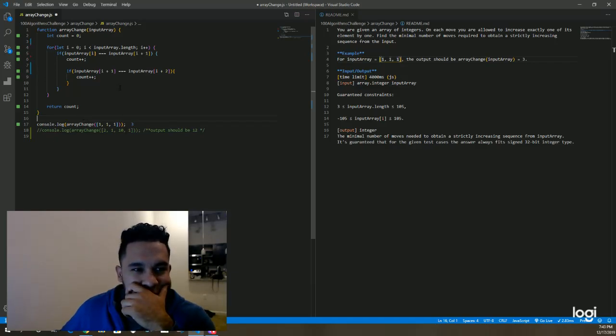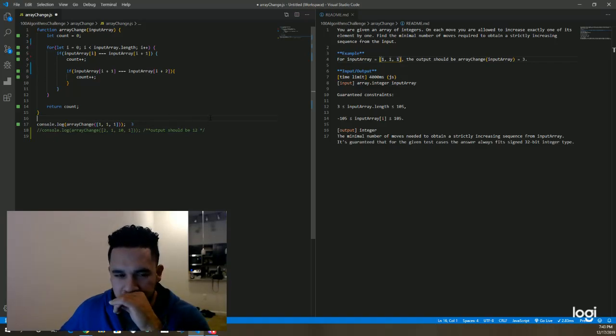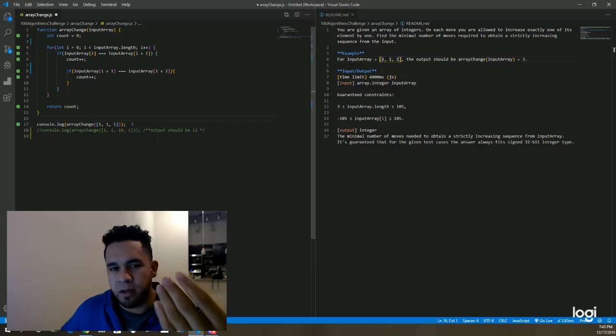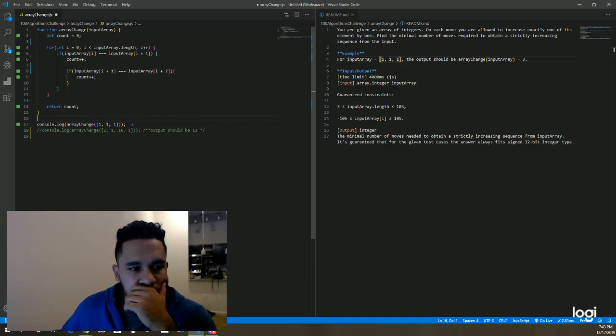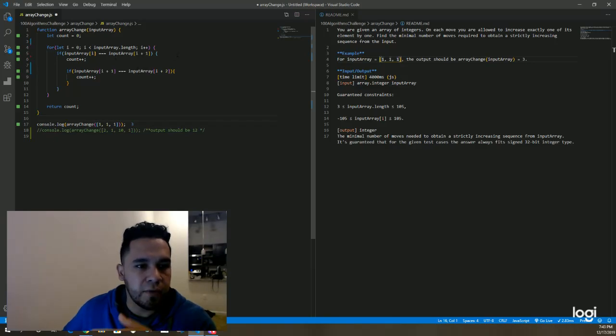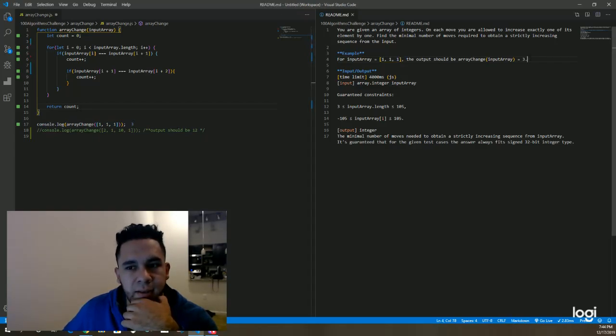So this is how I went about it. I don't think I read the question enough times to understand what it was really asking for. What I ended up doing is looping through and checking if the current element and the one in front of it were the same, and if they were, I would just go up by 1 and then return it. And obviously the answer was right,